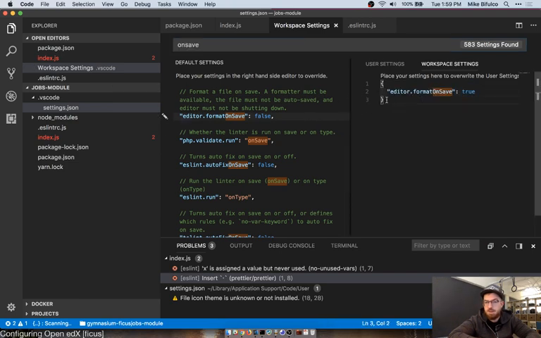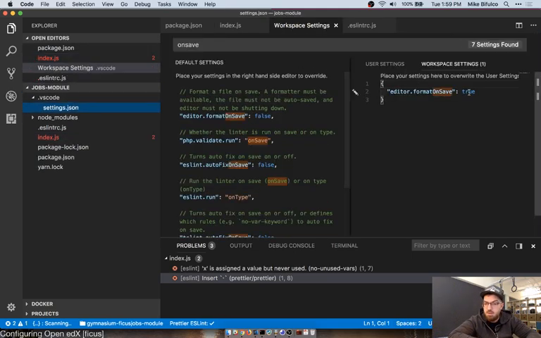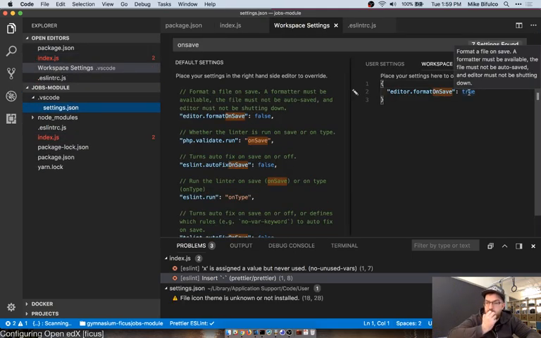This is a new workspace, mind. So that will be in here. So now when I hit save, did that not work? Why? File must not be autosaved. The editor must not be shutting down.